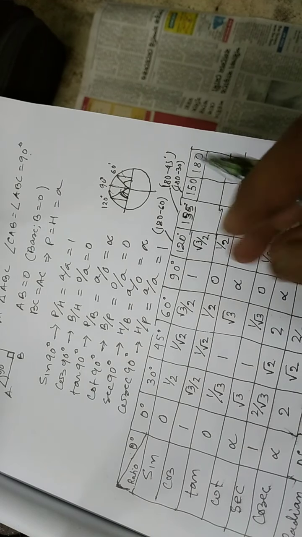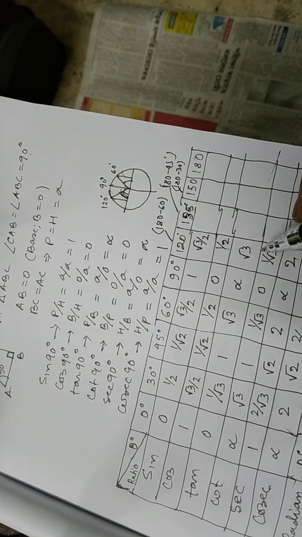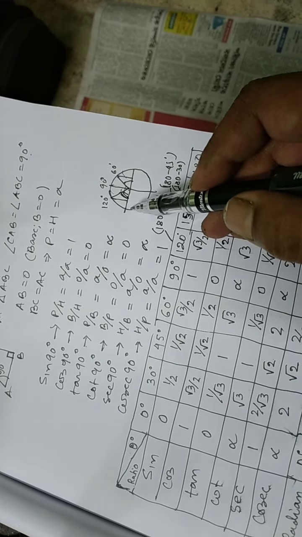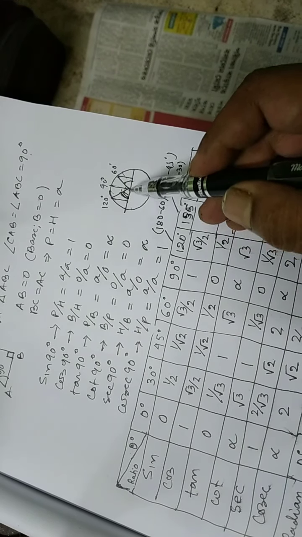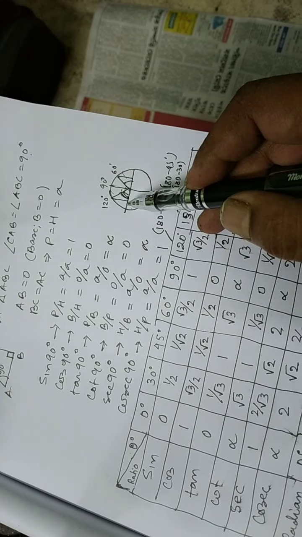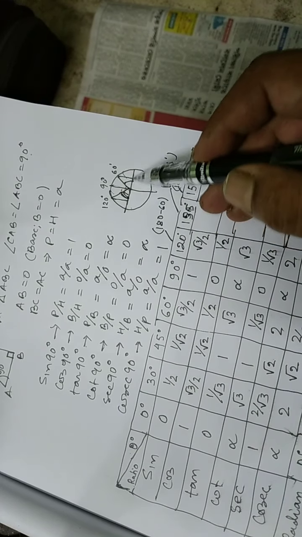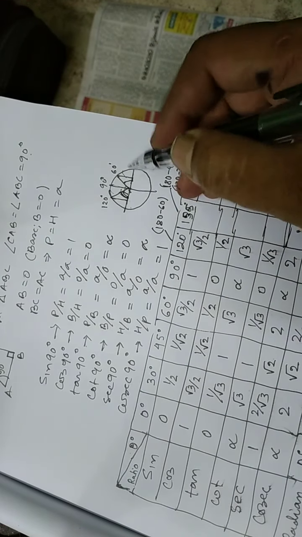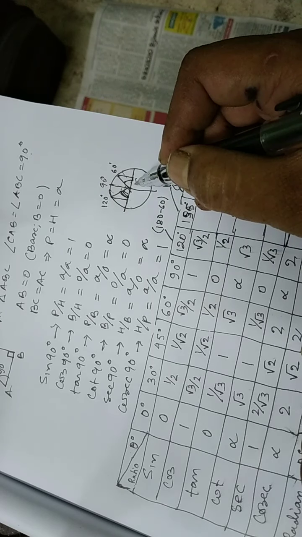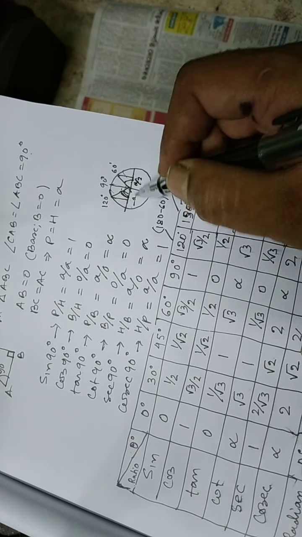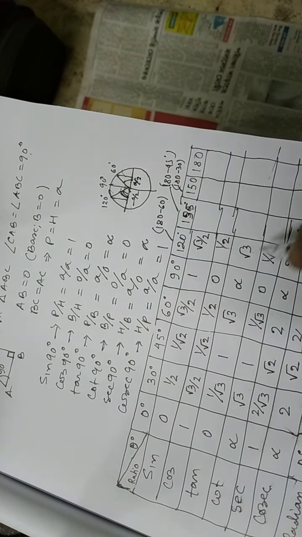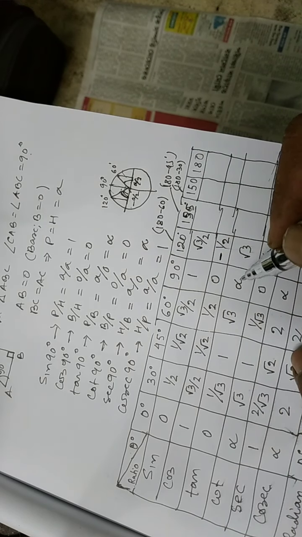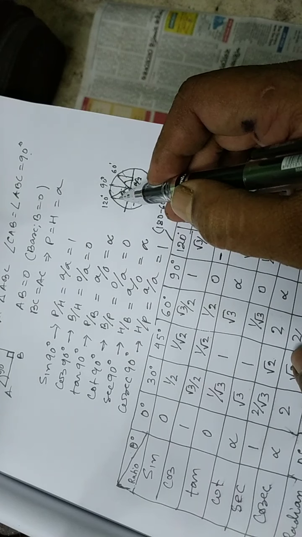Now all values are not positive. Why? Look, when it is in this quadrant, the base is going in the negative x direction. The base length is the same in both cases, but it is in the opposite direction. If this is a by 2, this is minus a by 2, right? So it is negative. So in that case, cos becomes negative.